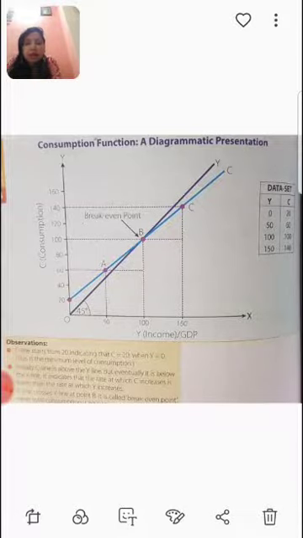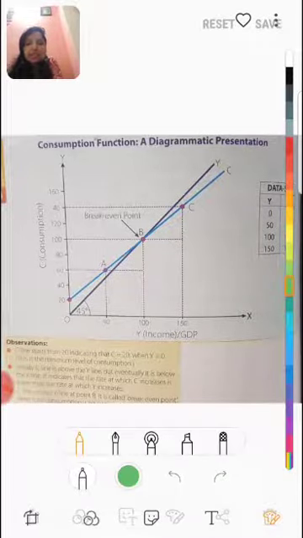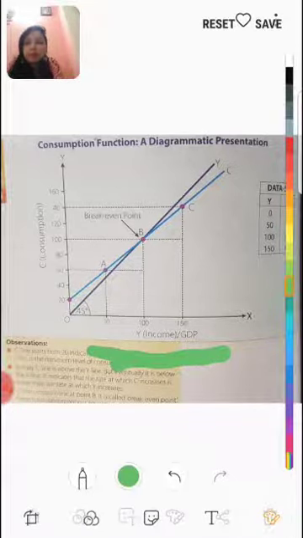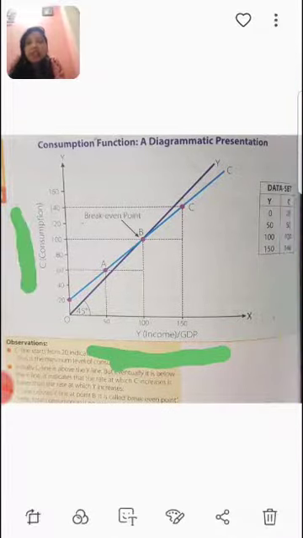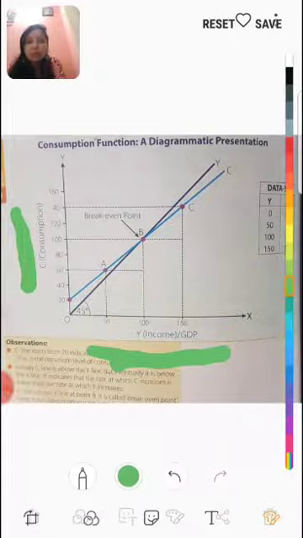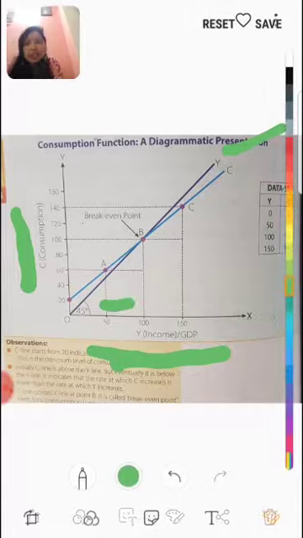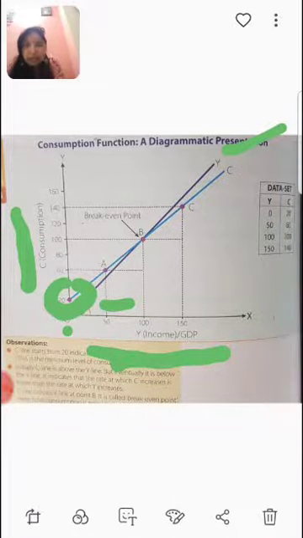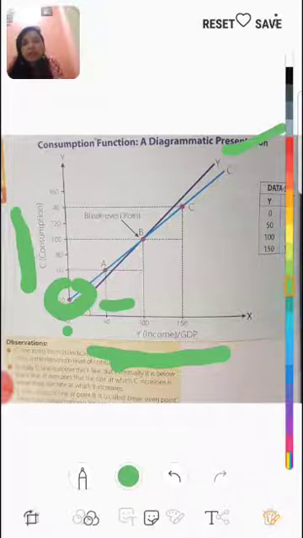diagrammatic presentation. In the diagrammatic presentation you can easily see that on the x-axis there is income or GDP. On the y-axis there is consumption, because we are showing the diagram of consumption. Income will always be shown by the 45 degree line, as we discussed earlier beta कि income and AS are always equal and it is reflected by the 45 degree angle. So a simple line will be there. But here is the consumption. So look at that point. When income is zero, the consumption is 20.